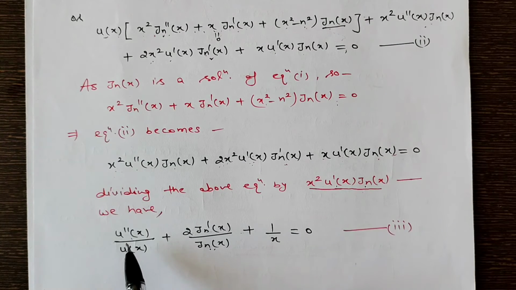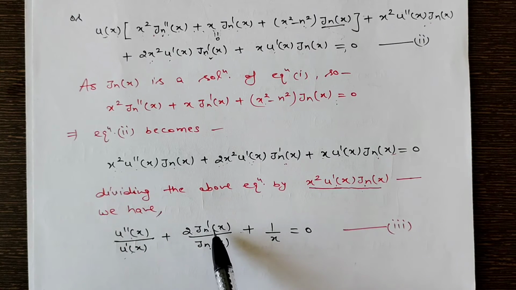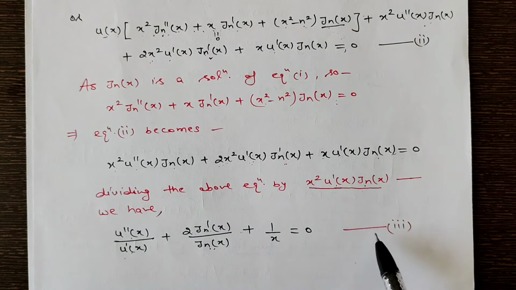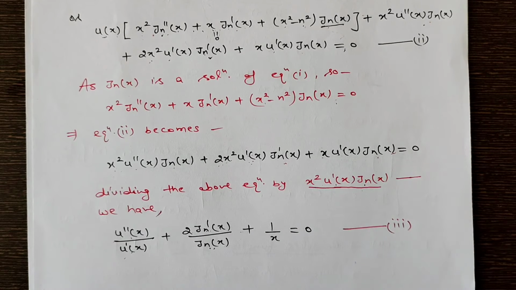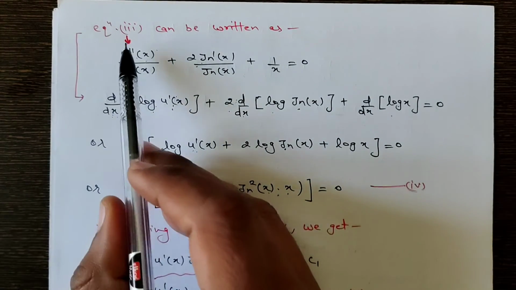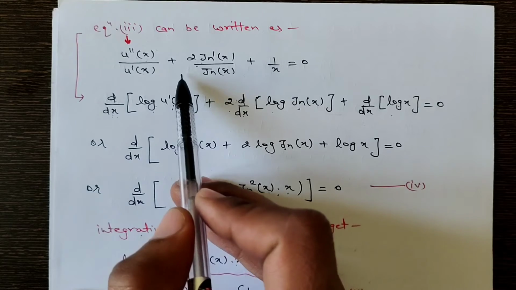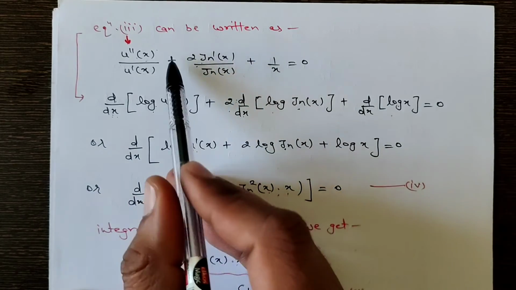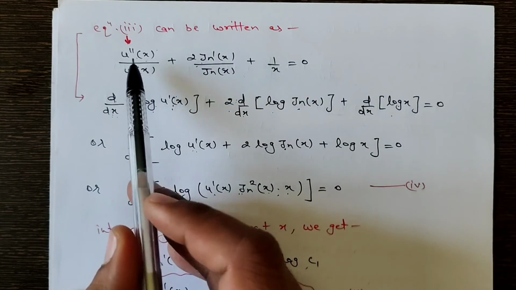So let me repeat what is left: u double prime x over u prime x plus 2 jn prime x over jn x plus 1 by x equals to 0, and we had just named this as equation third. Clear? So in the next step, the equation third is of this form. So we would like to represent this equation in this form, that is the first term u double prime x